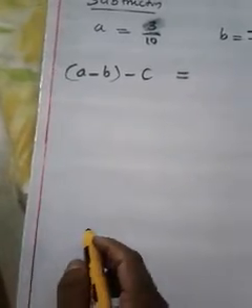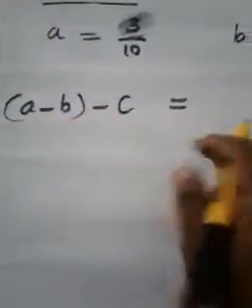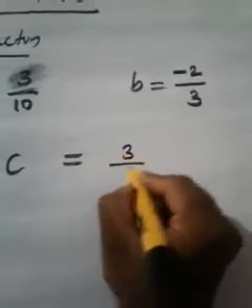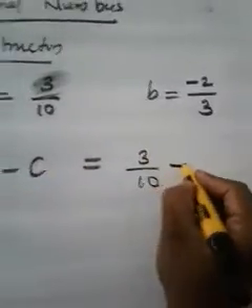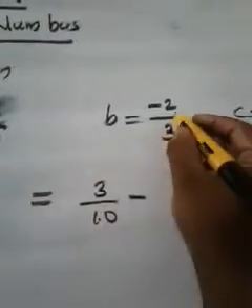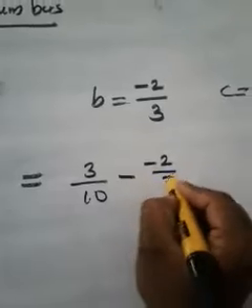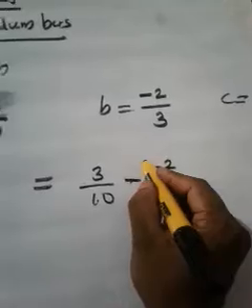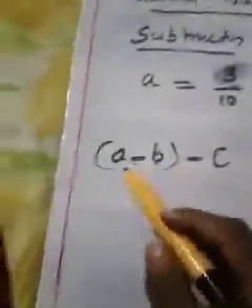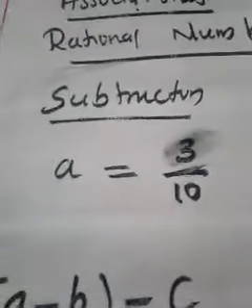Then what do we need? We need A minus (B minus C) in bracket, isn't it? So let me calculate it first. What is A? 3 by 10. Then what is next? Minus. Then what I have to write? B. What is B? Minus 2 by 3. Since two minuses are coming together, you just separate this term by giving a bracket. That is a rule in maths. Once again I am repeating. Here, what I have to write first? A. What is A? 3 by 10.